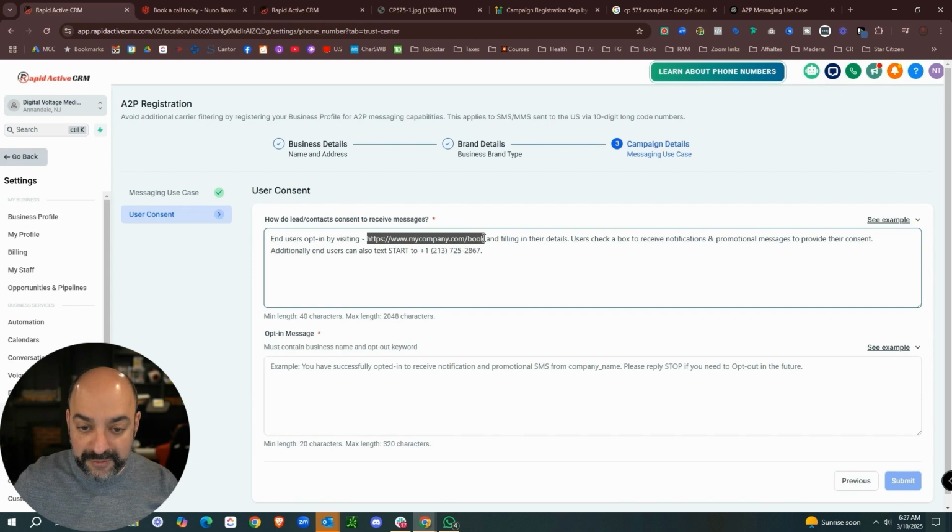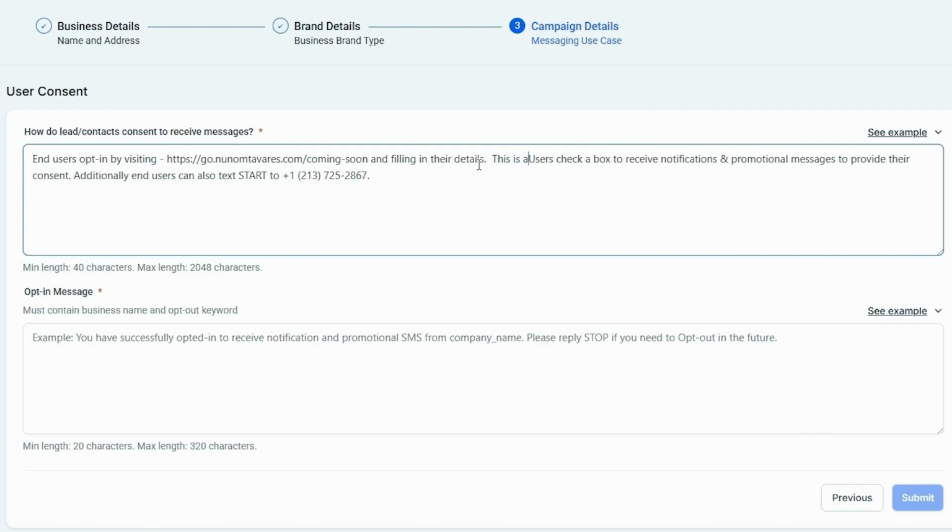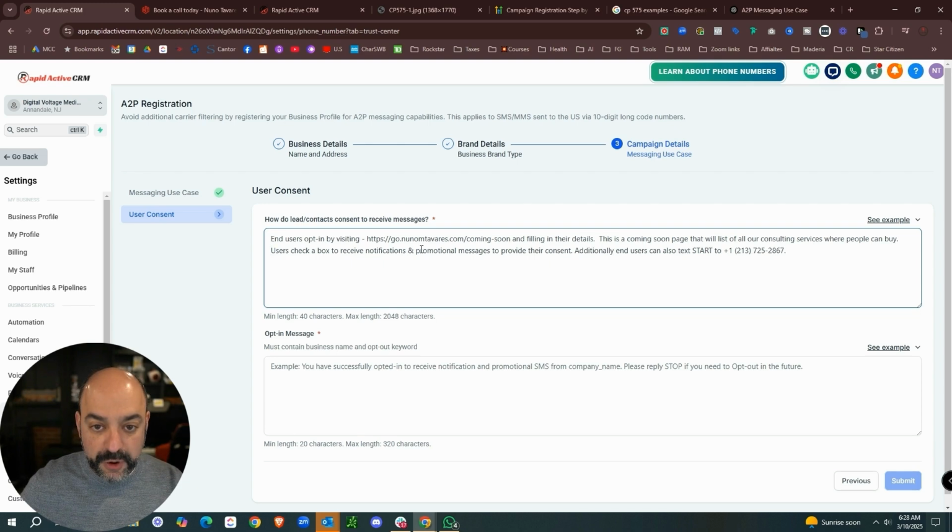Users can opt in by visiting, paste in here, and filling in their details. This is a coming soon page that will list all of our consulting services where people can buy. All right. Users check a box to receive notifications and promotional messages to provide their consent. Notifications and promotionals, because remember, we have the new text box. Additionally, users can start the word text.